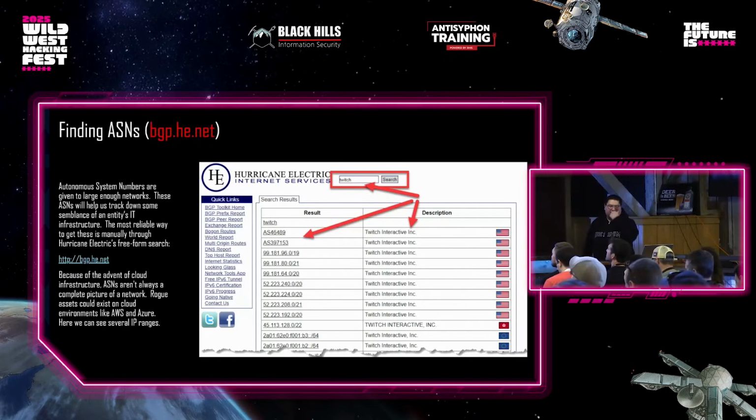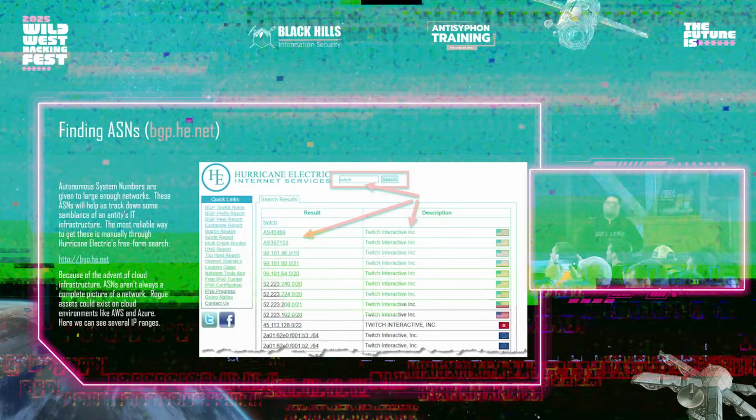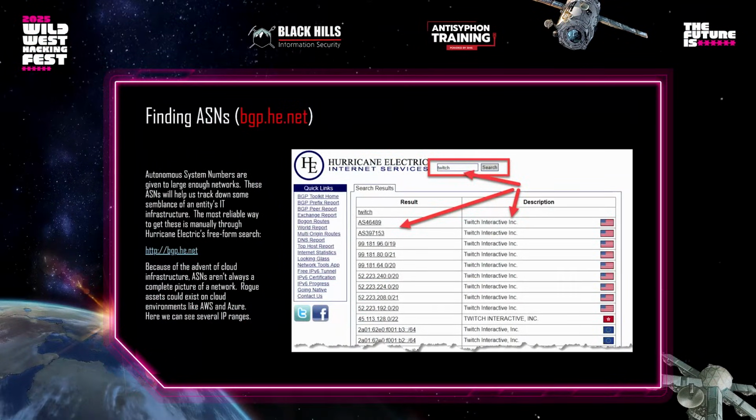And so here I'm looking at Twitch. I'm just looking at the keyword Twitch here for the target. Twitch has a bug bounty. I have worked on that bug bounty before. And here you can see it returns two AS numbers, AS46489 and AS397153. And this website has almost never gone offline. It always has this free-form text search that you can use. There are other places that people tell you to use, but this is my old faithful for finding ASN numbers